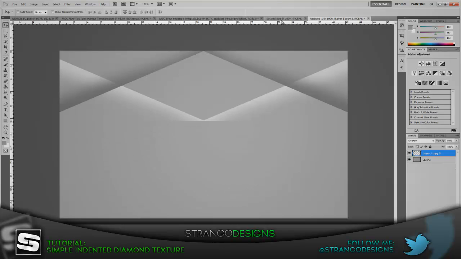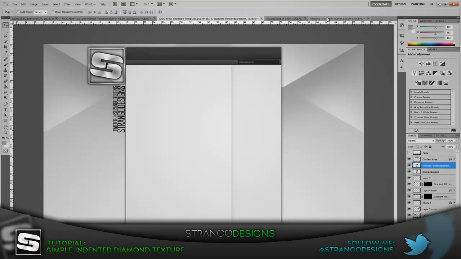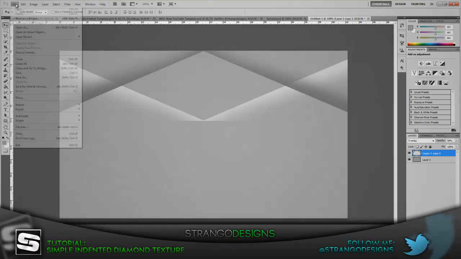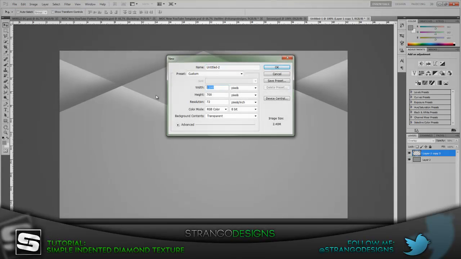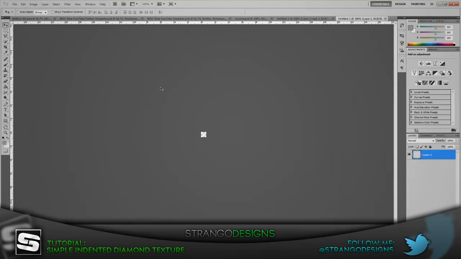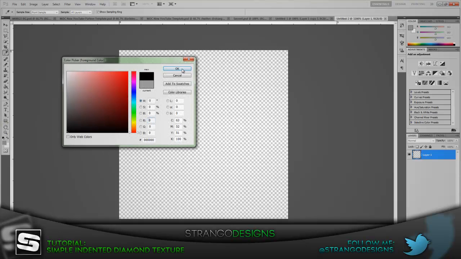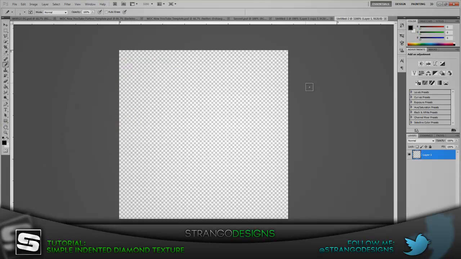One last texture which I'm going to show you is much simpler and it's much more indented. You're going to go to File and New. You're going to want to create something which is 22 by 22 pixels. Zoom in a lot and then right click on your brush and get your pencil tool. You're going to make your brush black and you're going